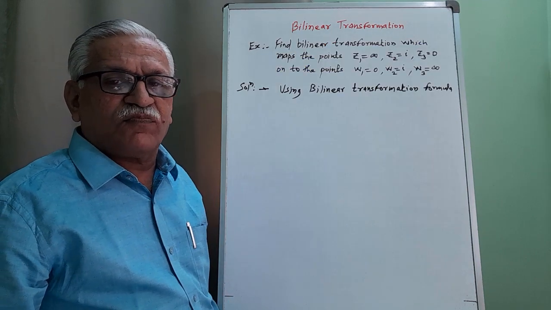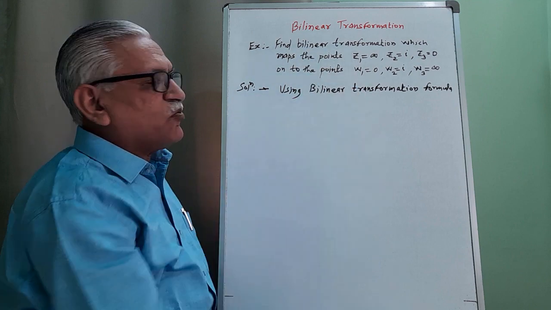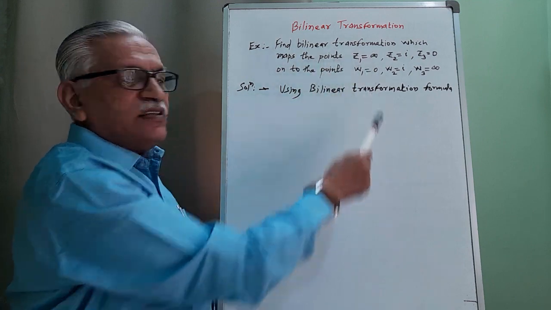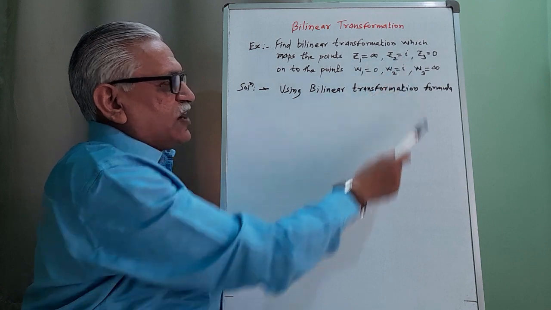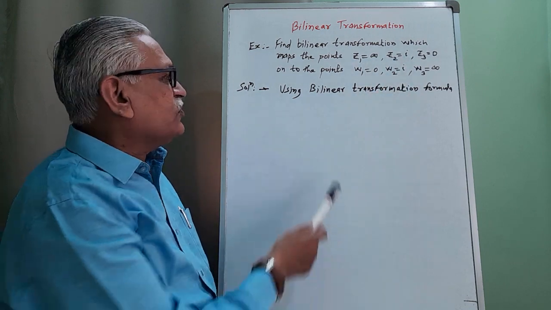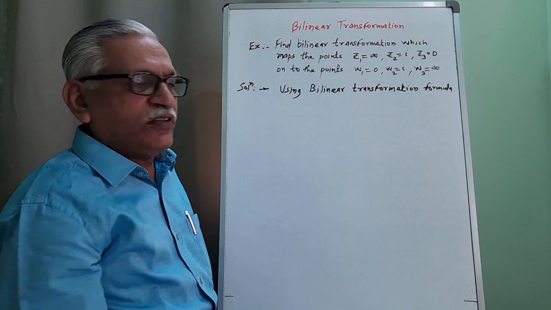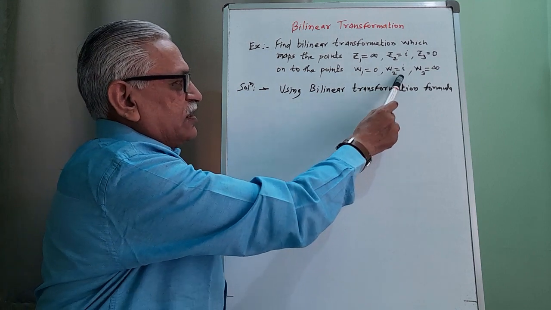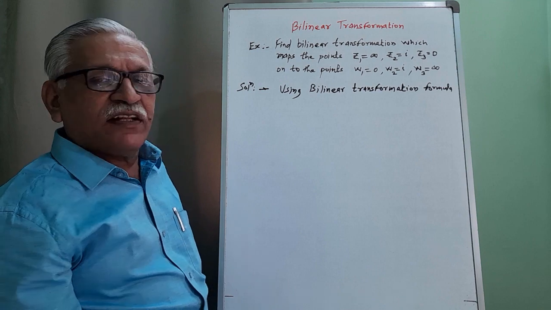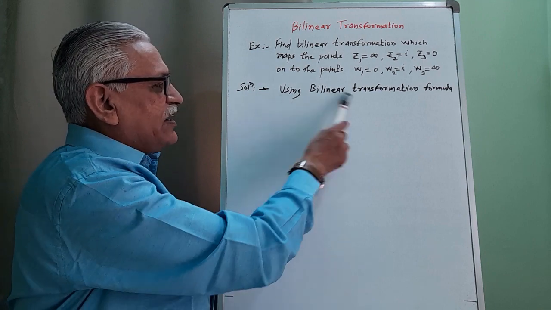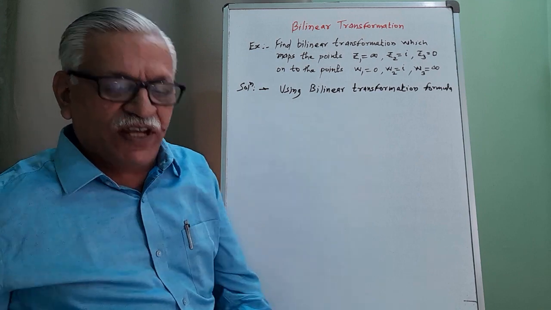Let us try to solve the problem. Find the bilinear transformation which maps the three distinct points Z1 equals infinity, Z2 equals i, Z3 equals 0 onto the other 3 points W1 equals 0, W2 equals i and W3 equals infinity. And therefore, using the bilinear transformation formula, we have